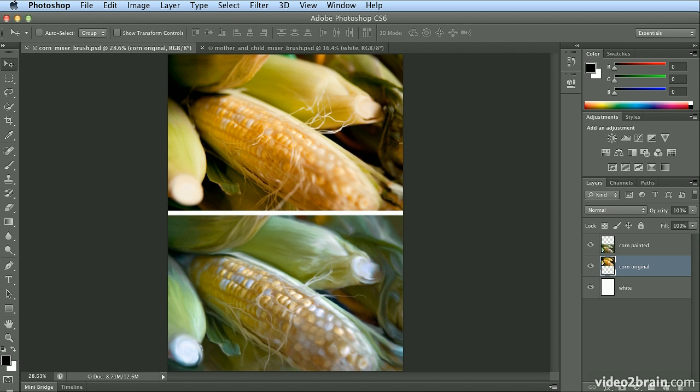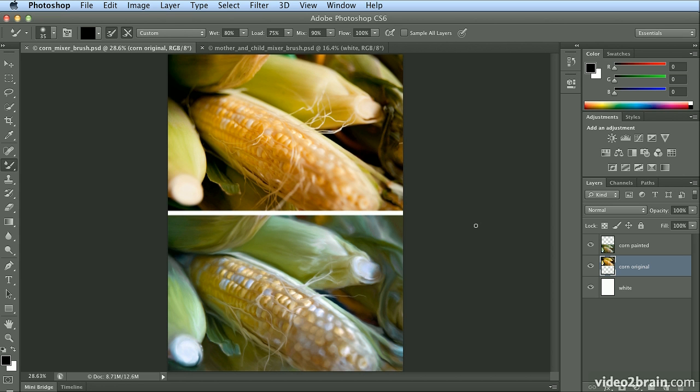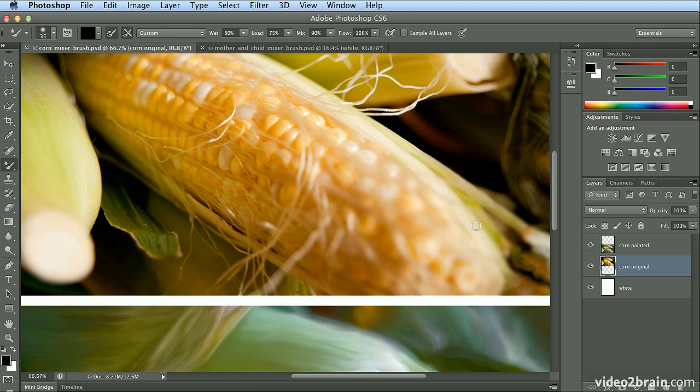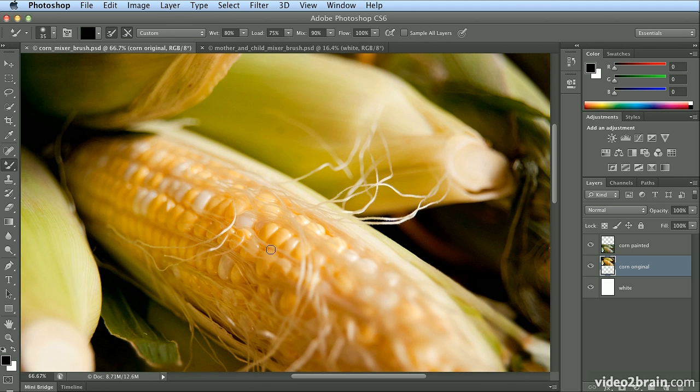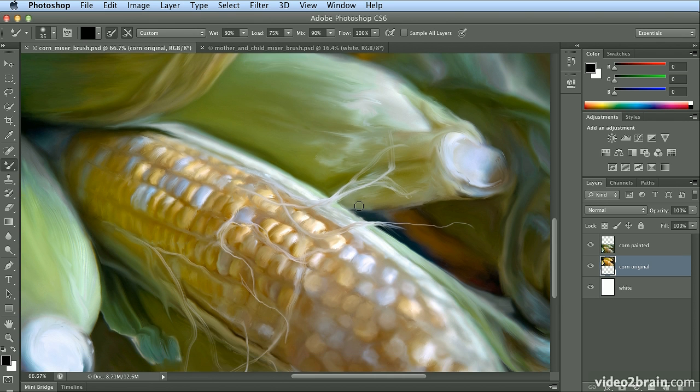Photoshop CS6 added a brand new tool called the Mixer Brush tool. If I select the Mixer Brush tool, I've brought up a few examples here for you. If I zoom in with Command plus or Control plus, this is the original corn photograph. If I scroll down, you could see every little piece has been painted, every little kernel on that ear of